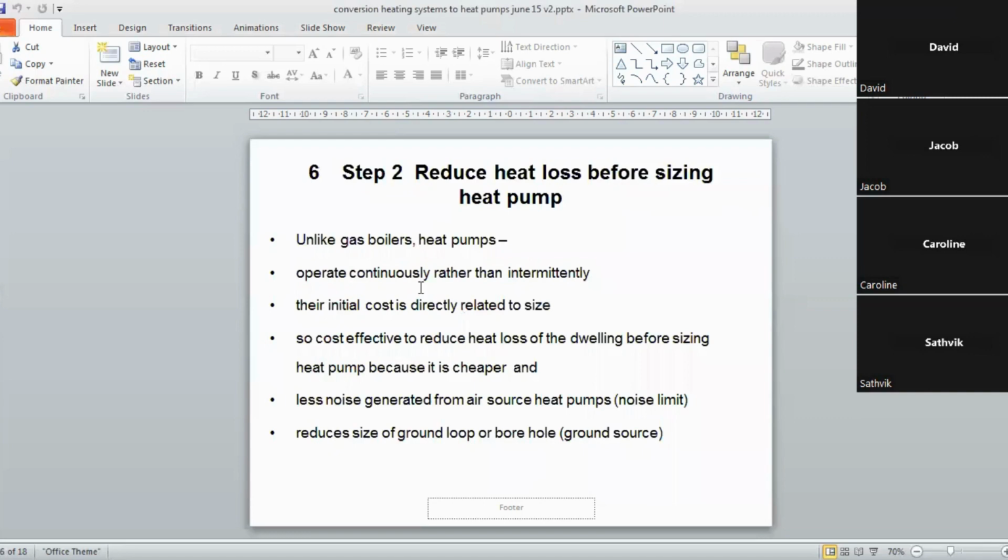Right, now step number 2 perhaps is a bit easier to understand. Mehdi, would you like to explain why it's important to reduce the heat loss? Thank you, Rayner. Yes,